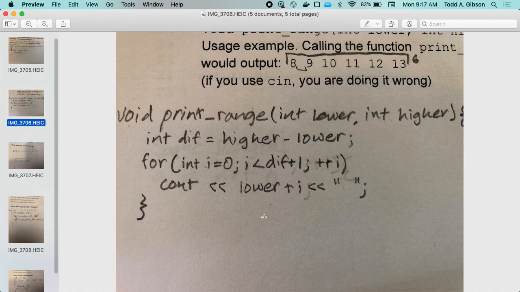I liked the answers that I got on this. So this one was asking you to write a function that, I don't know, did it explicitly ask you to use a for loop? The for loop would be probably the preferred way of doing it. The way I would have done it